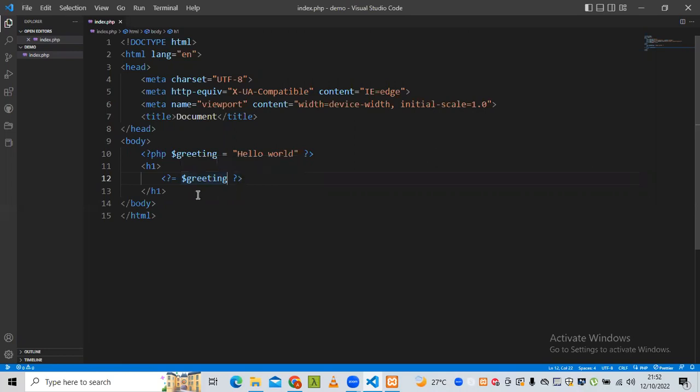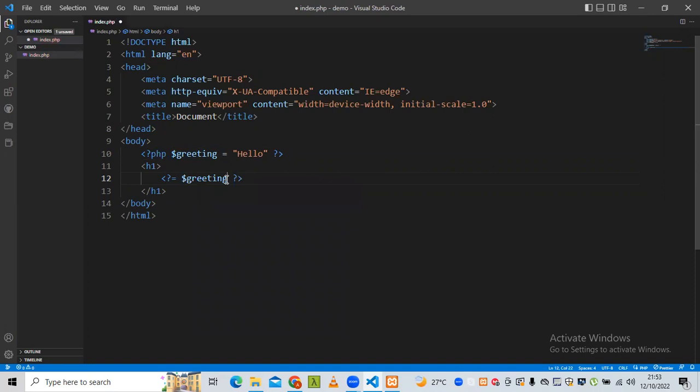So that's just about the variables. Let's talk about concatenation. Concatenation is when you join a string with a variable, or when you concatenate different data types. Let's take for instance, this greeting is just saying hello. This greeting can be hello, can be hi. So we want to concatenate this greeting with